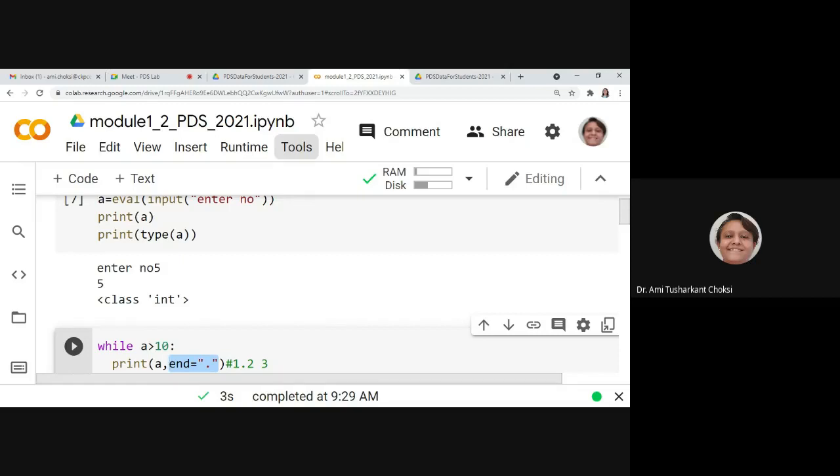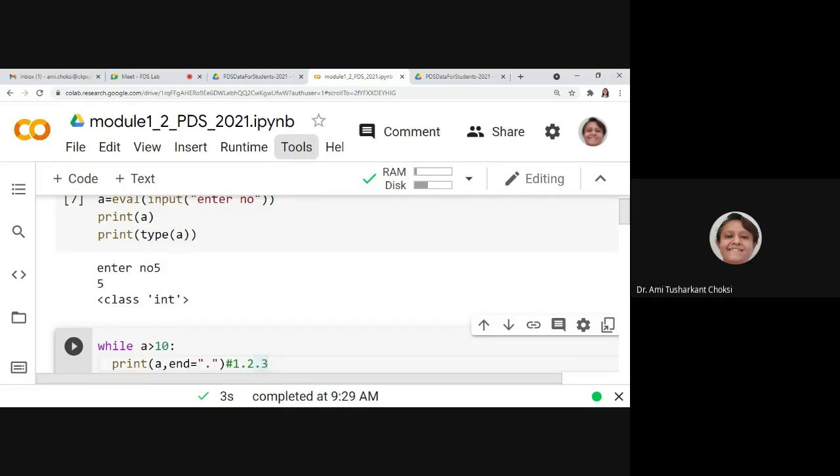We do not want that new line, so we are giving it as dot. It depends on you, the way you want to see the output, right? For pattern generation, we typically need to have a space or no space. If I do not want the space or anything, I can remove this and just do double quotes, right? Let me show this. You can have the idea. The output will be something like this: 1 dot, 2 dot, 3 dot, whatever we are printing, we'll be getting it like this.